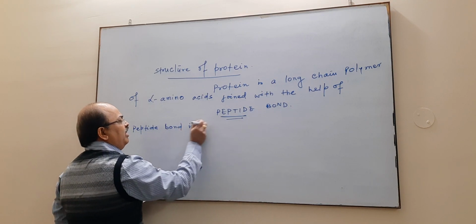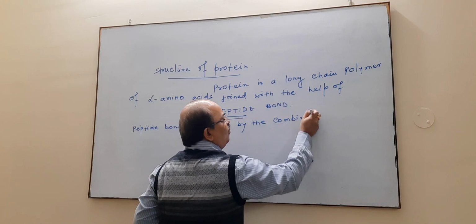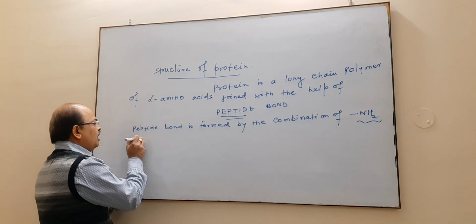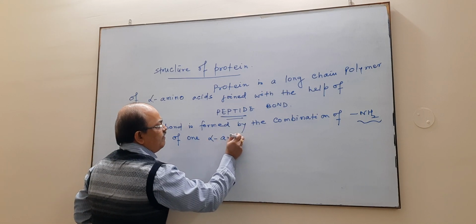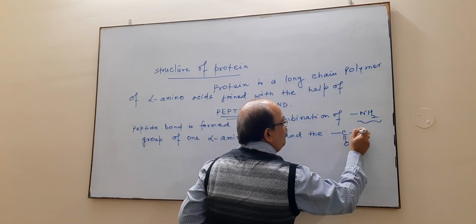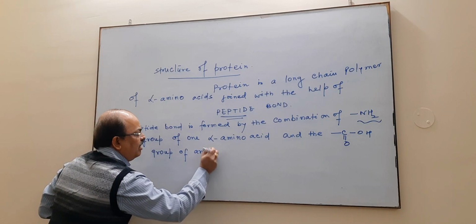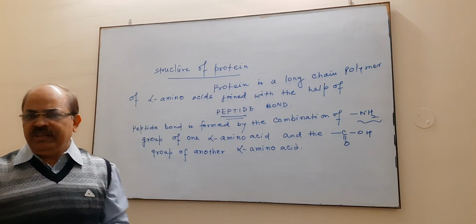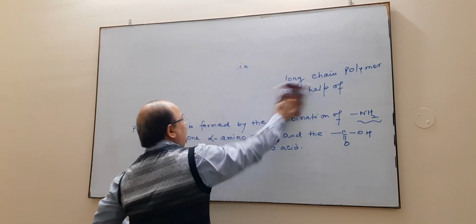Peptide bond is formed by the combination of NH2 group यानी अमीनो ग्रुप of one alpha amino acid and the carboxyl group of another अल्फा अमीनो एसिड। तो आइए देखते हैं कि क्या ये पेप्टाइड बॉन्ड है।